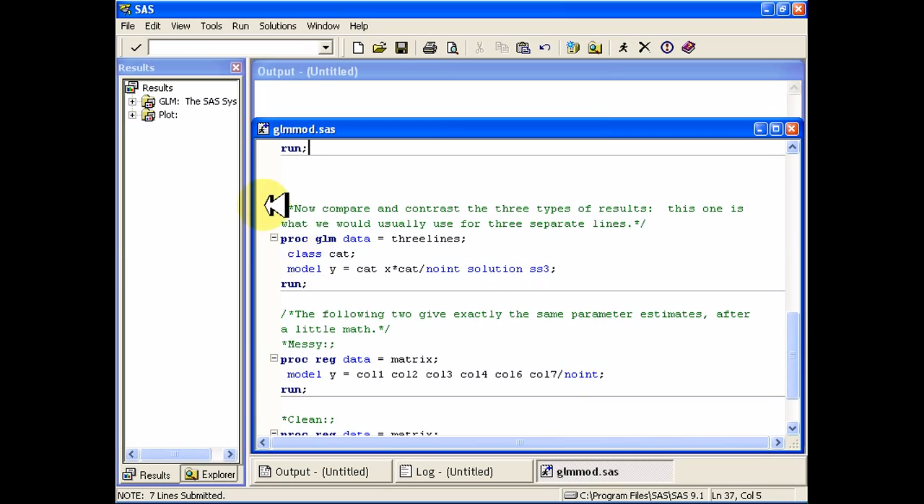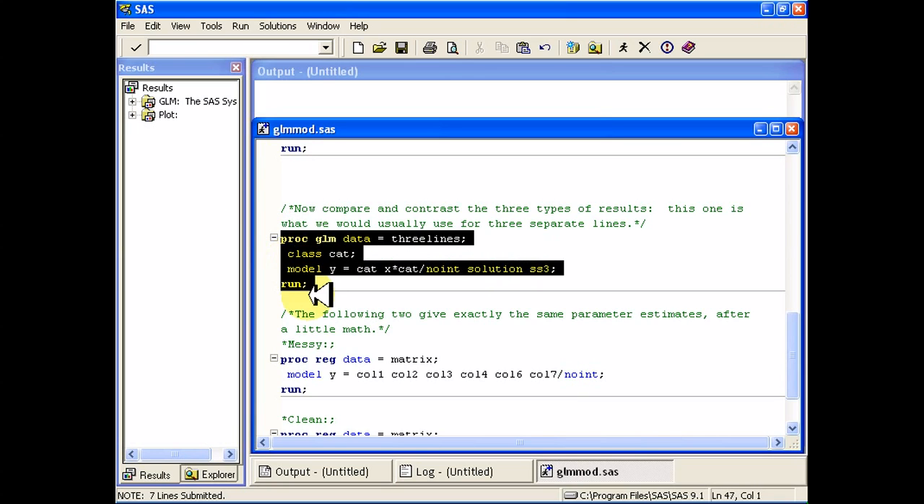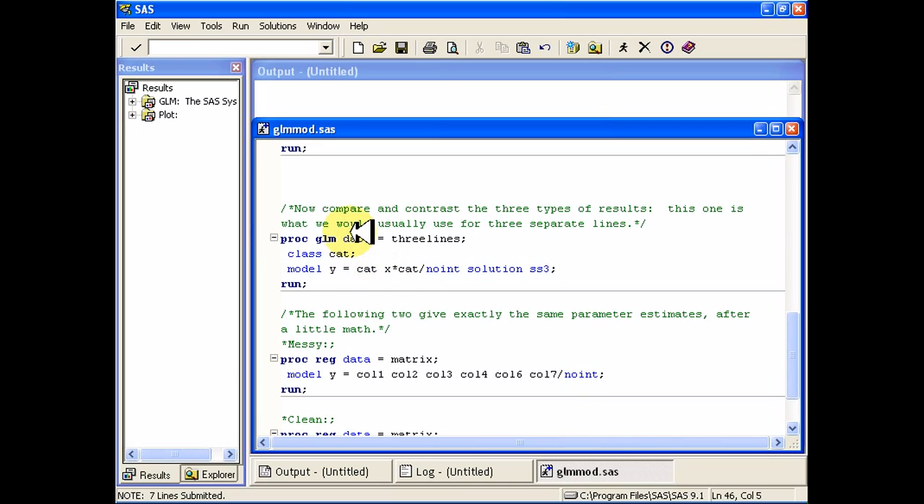comparison. Now, what you would usually do if you want to fit three slopes and three intercepts in a model together is you would use this proc GLM. You'd put the categorical variable in there and then X times the categorical variable, and that'll give you estimates for the three separate lines. I'm going ahead and putting a no